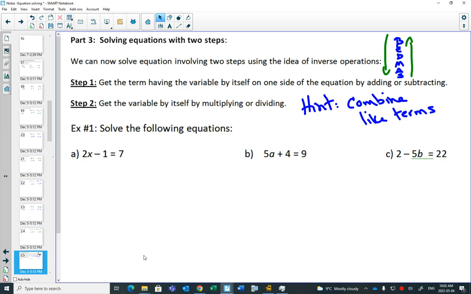But if I tell you that I got 7, and now in your head you're thinking he took a number, multiplied it by 2, subtracted 1, and got 7, when you figure out the number, you're undoing what I did. You would add 1 first and say, okay, so he had 8, and then he multiplied something by 2 to get 8. He had 4 to begin with. So this is what your brain does. When we're showing it in our work,